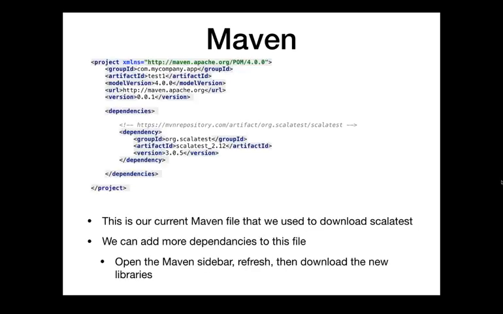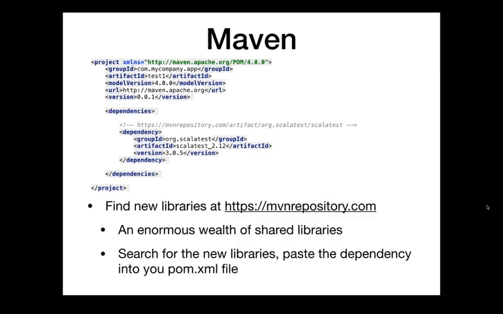We'll add it to our Maven POM file, and then Maven is going to read the POM and download that library. So right now we have this as our POM file, unless of course you can just grab the POM from the examples repo. But if this was our entire POM file, this is all you've needed for the lecture questions so far. We need to expand this POM file to have that extra dependency in it. So we have to find our dependency and add it to this POM file. To do that, we would go to a site called Maven Repository, which is a site that hosts a significant number of